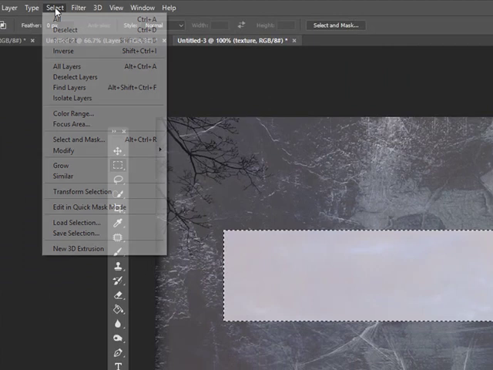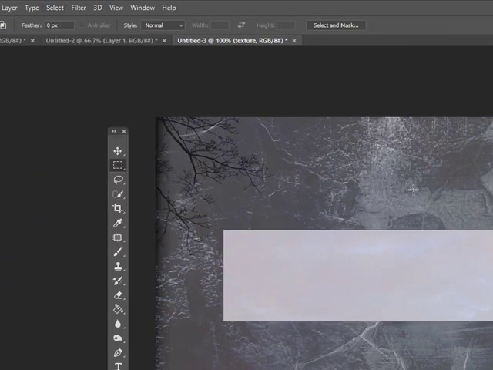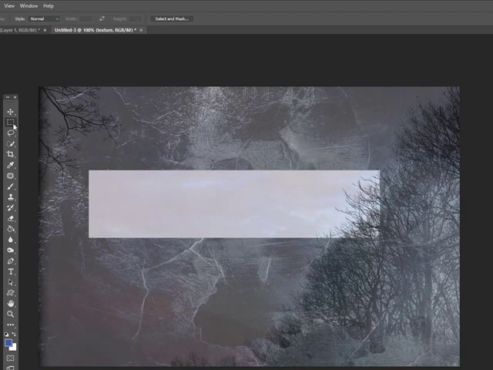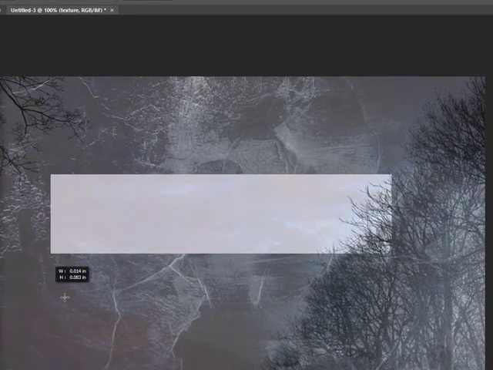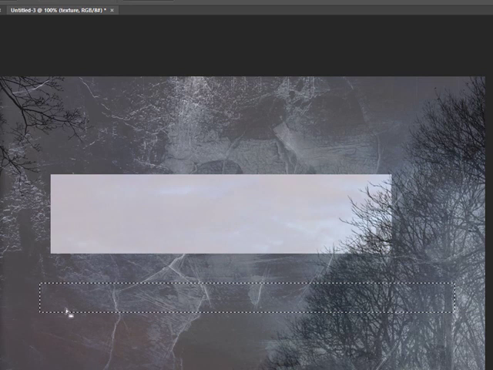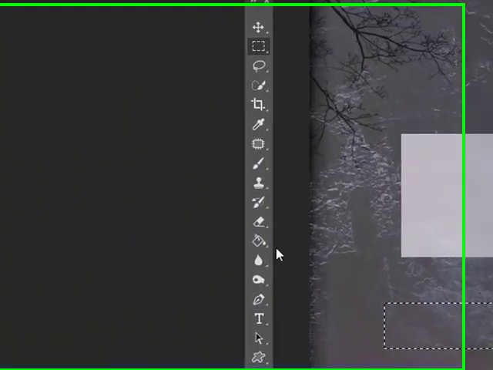How do I get rid of my selection? Control D, or go up to Select, Deselect. So I need to get rid of my selection to be able to move on to any other step. I'll try something else just to show you another thing you could try. I'm going to take the selection tool again. I'll make another selection. And this time I'm going to take my eraser tool,